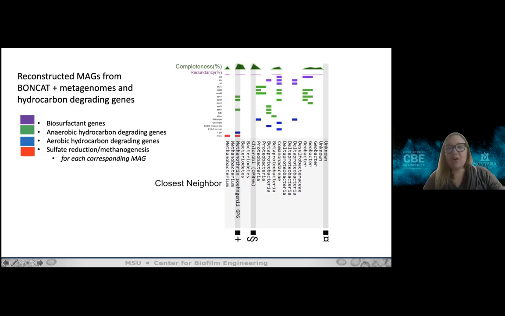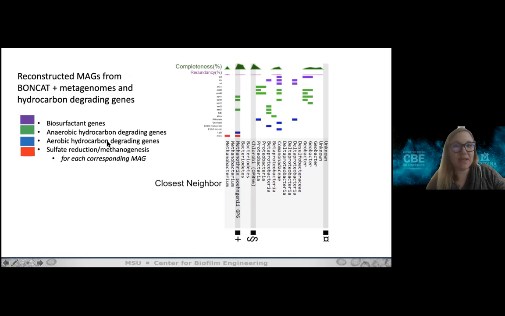So after all of that effort, there were 12 Boncat MAGs that were above our threshold of 95% complete. The other ones we just neglected for right now. We were just looking at the high completeness, low contamination. And what we did here was we phylogenetically identified those individual MAGs, but we also made our own gene databases,